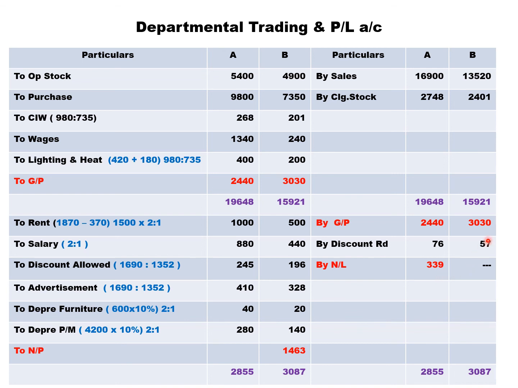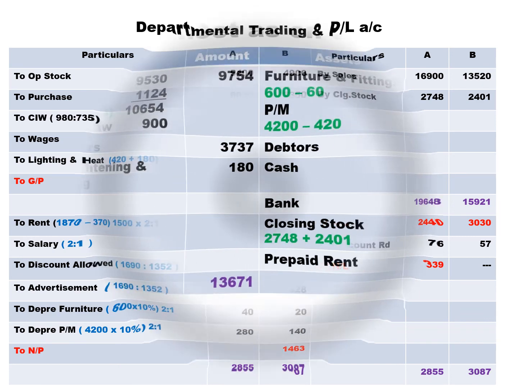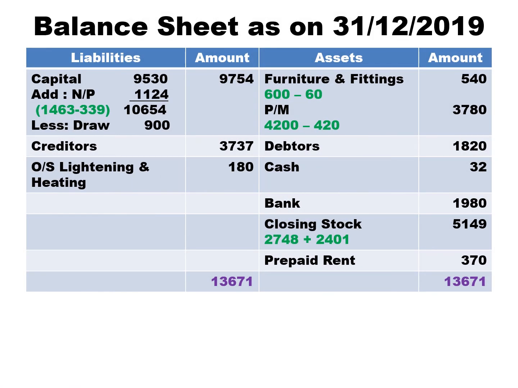For B, the credit side total is more. So B gets a profit of 1463. So A gets a loss and B gets a profit. So students, capital 9530, add net profit 1124. So you get B's profit 1463 minus A's loss 339, that is net profit 1124, less drawings. You get